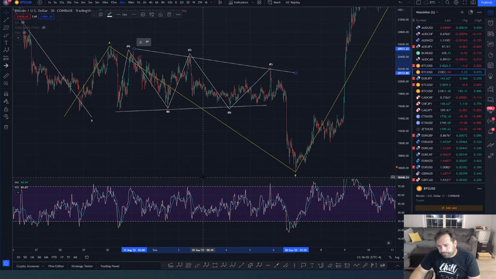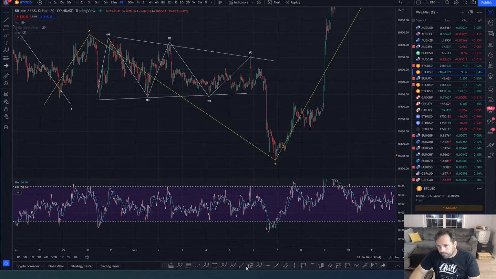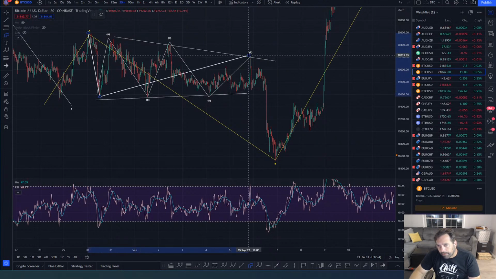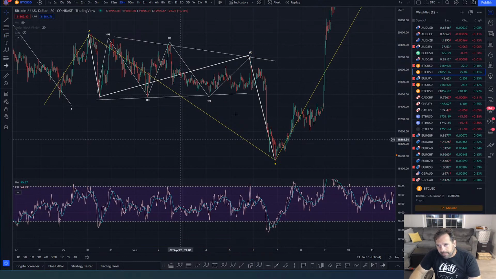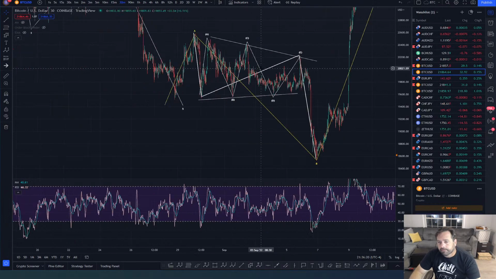It's good. And then you've got an A wave. There's an impulse down, A wave. Your triangle is the B wave, and you've got an impulse down, C wave. And you can count 5 waves in the A and 5 waves in the C. It's a zigzag with a triangle in the middle for the B wave.